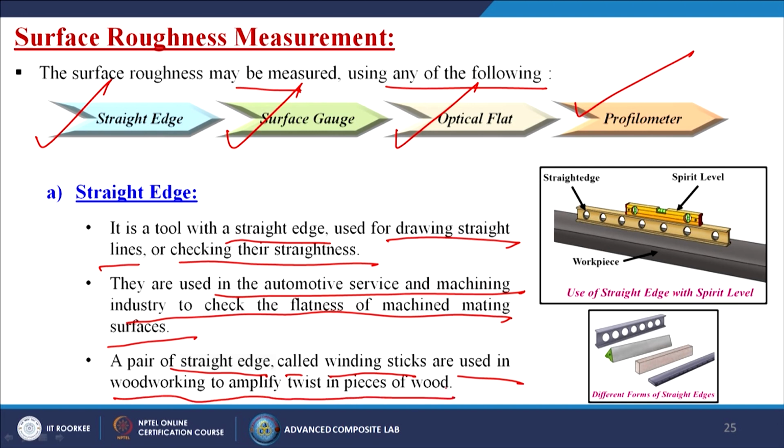So, simply, we put the straight edge over there and then we put the spirit level, just to see whether it is exactly horizontal or not. After that we check whether any gaps are present or not. If there is no gap, it is completely sticking with the other one. That means the roughness value of this one and this one is the same. So, this is the initial test actually.